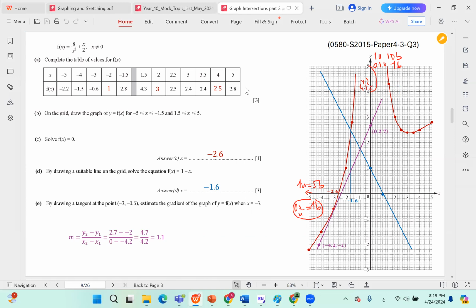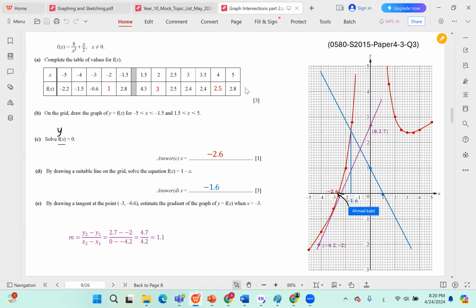In C, we are required to solve f of x equal to 0. So the red graph is f of x, and we want to know where it cuts the x-axis, because f of x equals 0 means that y equals 0. So we want to know where on the graph y is equal to 0. So y is equal to 0 on the x-axis. So we're looking for the following points. Actually, it's only 1 point